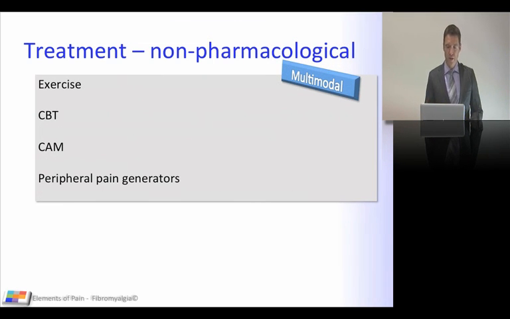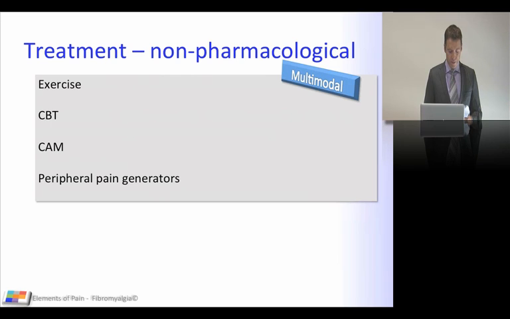So the non-pharmacological therapies, and again, we know this, it needs to be multimodal. These are the non-pharmacological approaches that you could take, and we'll discuss each of them in turn. So exercise, a number of pretty interesting studies looking at and reviewing a number of exercises, but it looks like aerobic exercise seems to be the best form of exercise for these patients. It increases muscle oxygenation, it increases muscle circulation. It also reduces inflammatory cytokines. So get them exercising, get them strength training, and get them doing aerobic exercise.